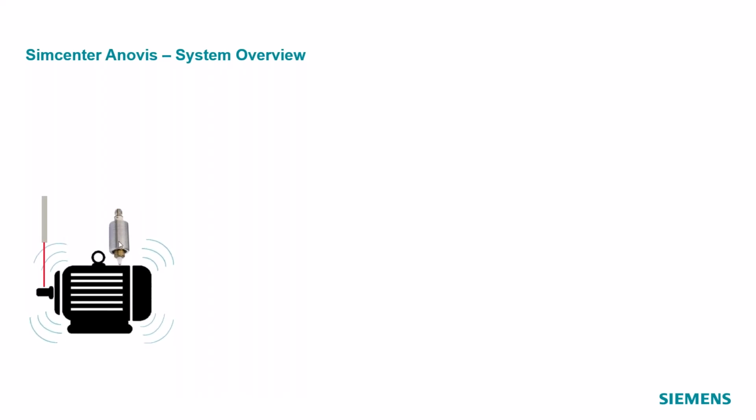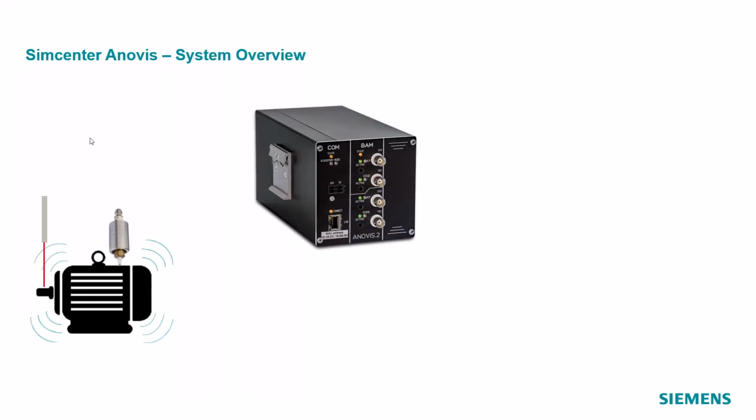The vibration sensor is an industrial accelerometer in our case that can be pushed against the surface of the test item automatically. You do not need glue or to mount the sensor. It is touched against the surface and that's it. Then we have a laser probe to acquire the speed from the shaft. Those two sensors are now connected to our acquisition hardware. Here's the smallest hardware that we provide. It has two signal channels, two tacho channels, and one communication board to be connected to the PC.